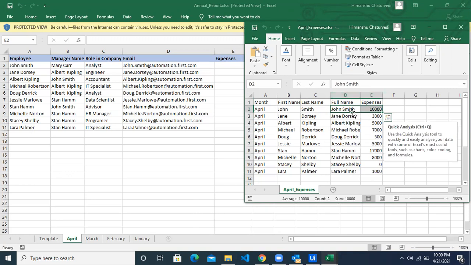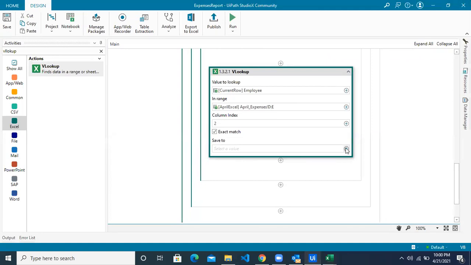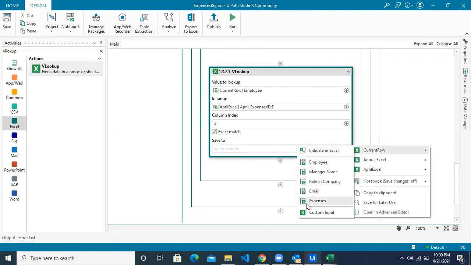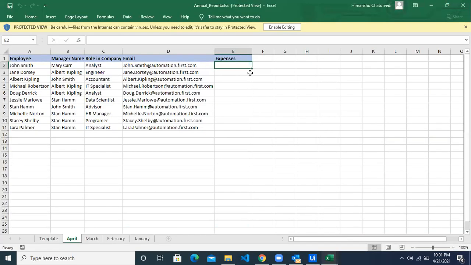Now from this, your column 2 value is what you are interested in. So you will only pick 10,000 and paste it to the annual report expenses column relevant to that row. So there you go, save it to your current row and the expenses column. That's all. It should now fill up the expenses column in the annual report.